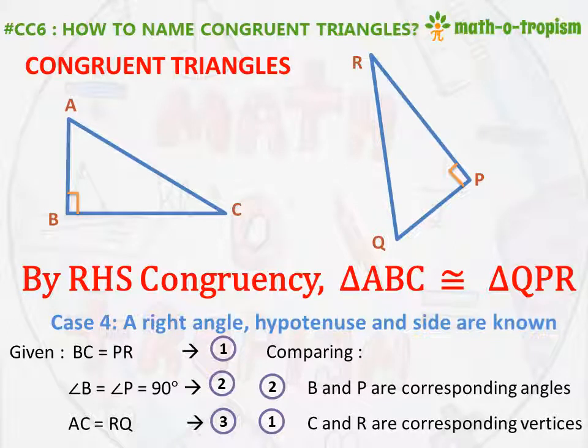Hope you understood how we can name the congruent triangles. It will be useful. By continuous practice, you will be getting it even faster. First, you try to identify the angles if it is given. Based on that, with any other equation, you have to just check the balance two vertices in that equation, and we can get two vertices corresponding to other two vertices. So automatically the third vertex will be corresponding to the balance vertex of the second triangle.